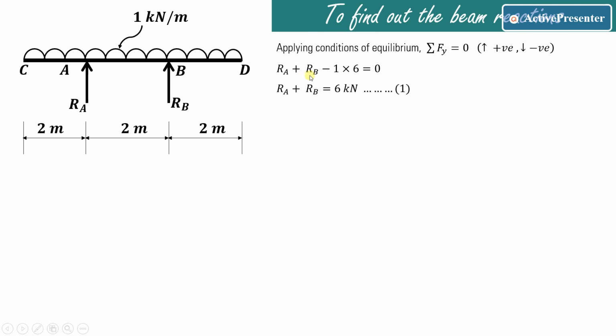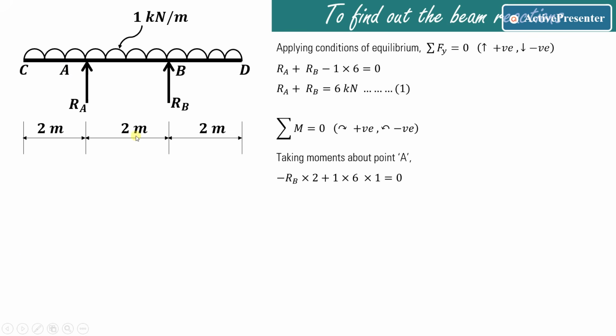So RA plus RB minus 1 into 6 is equal to 0, or we can say that RA plus RB is equal to 6 kilonewton. Now let us call this as our equation number 1. Now we'll take summation of moment about A is equal to 0, clockwise positive and anti-clockwise will consider them as negative. So taking moments about point A,